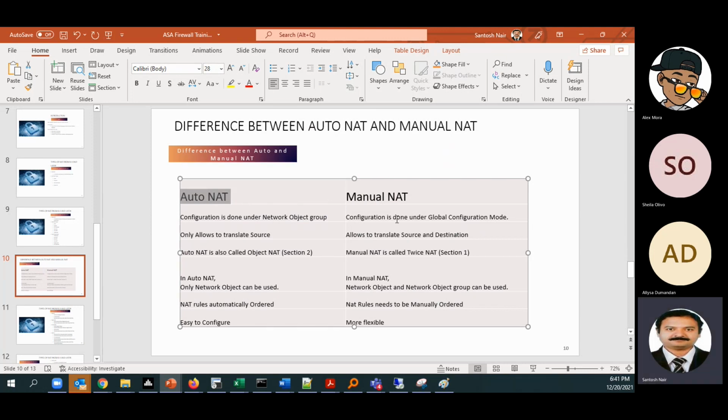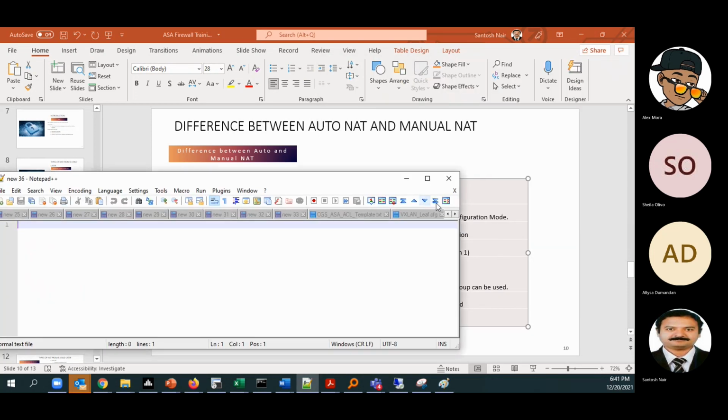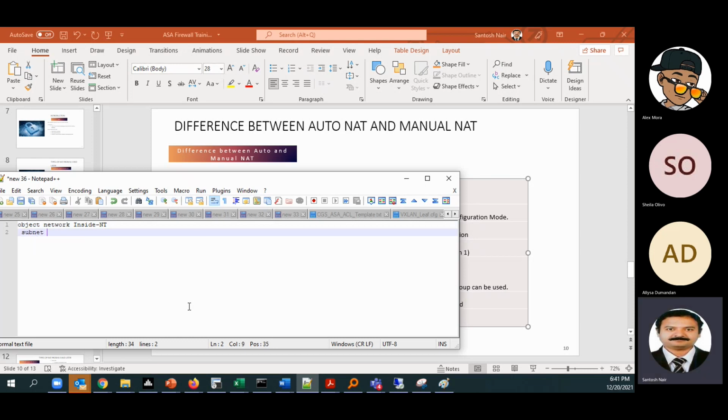Whenever the NAT configuration is done in the global configuration mode, it is manual NAT. If you're not able to understand, we can say object network inside network, and a host, say 10.10.10.24, just for analysis.